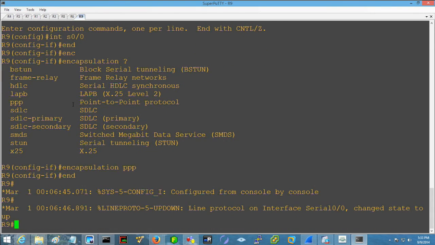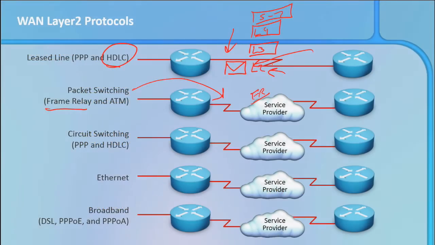And now you might say, okay, HDLC, PPP, who cares? If that's your attitude, that's okay. Because we've got these different protocols, there's different ways to do things. PPP gives us an advantage. HDLC is the default, and it will work assuming both sides are Cisco.